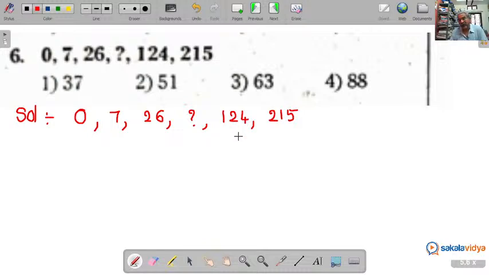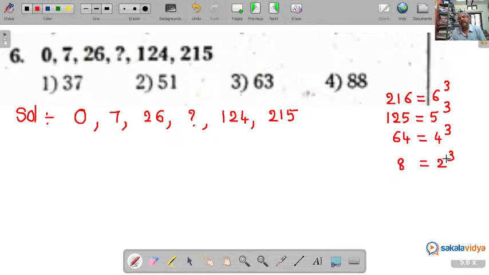124 is near to 125, whereas 215 is near to 216. 125 is nothing but 5 cube. Am I correct? 216 is 6 cube, whereas next 64 is 4 cube. Next we have 8, which is 2 cube. Next 1 is equal to 1 cube. So with the help of 1, 8, 64, 125, 216, are we able to write 0, 7, 26 and